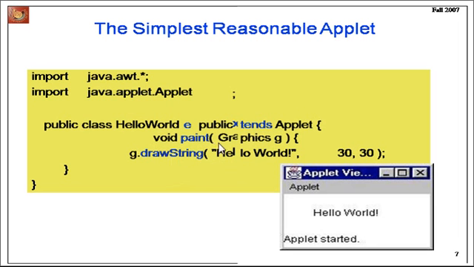Inside the paint method we use the Graphics class to draw graphical images and fonts on your browser. Void paint is a predefined method of Applet, and drawString is also a predefined method to draw content on your browser, here Hello World, and 30 and 30 are the coordinates of this Hello World.